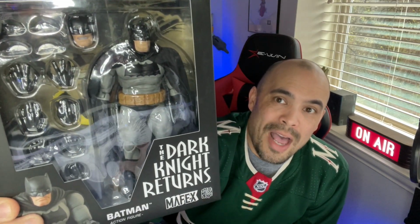They're producing a bunch of figures. They're doing a Joker. They're doing triumphant Batman with the blue suit and the scratches down the thing. And they're doing a blue version of Batman with the yellow insignia and Carrie Kelly Robin. So, I'm assuming they're probably going to do a Superman at some point. But I'm just really excited to get this one out of the package, check it out, see if I like it, pose it up, and see if it